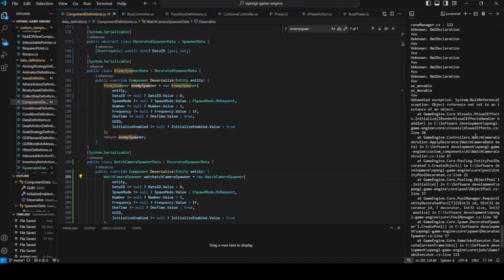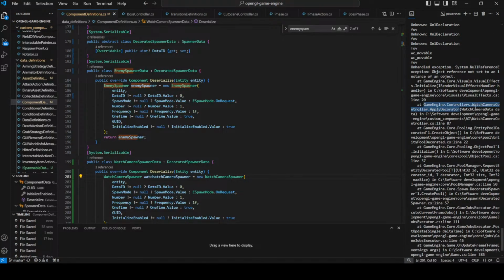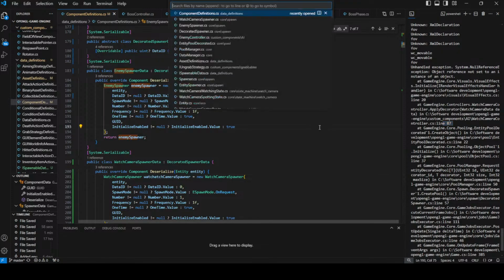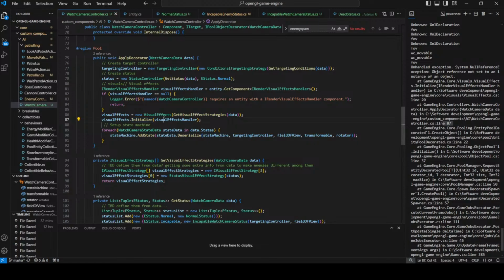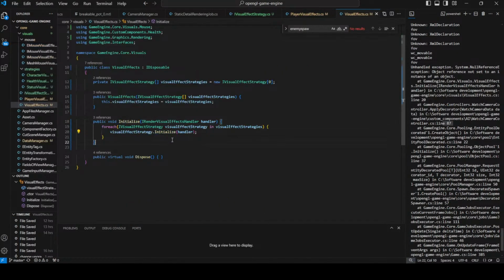Oh, something went wrong. Yeah, so problems with the watch camera. When we apply the decorator at 87, watch camera controller at 87, we are doing something that it doesn't like. So there is no visual effects handler. Why is there not? It should be mesh renderer. No. The problem here is not that, actually 87 and the visual effects 20. Oh yeah, we do not have any strategy defined